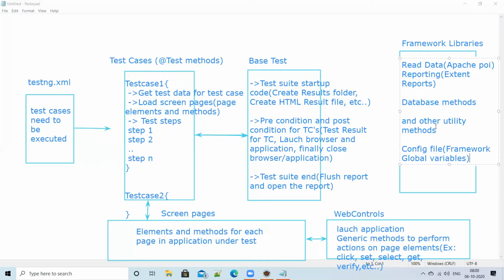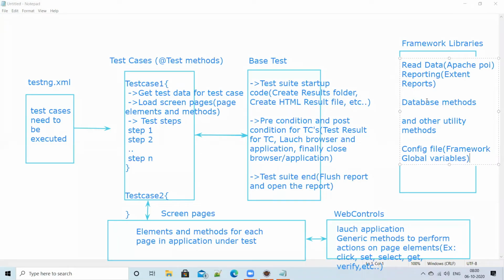And you have some other folders, like the test data folder where you have the test data, and the results folder where results are saved. And you have the pom.xml file, which will automatically load the dependencies.